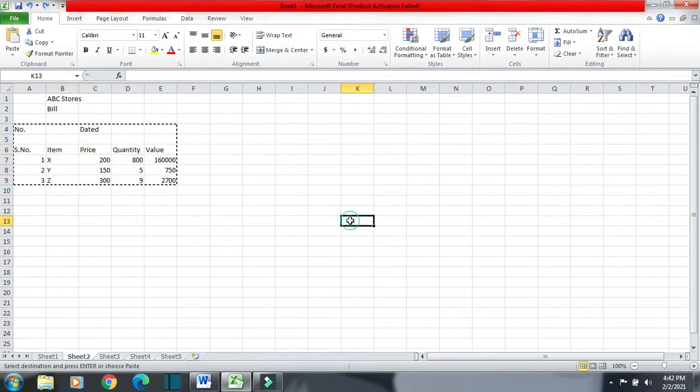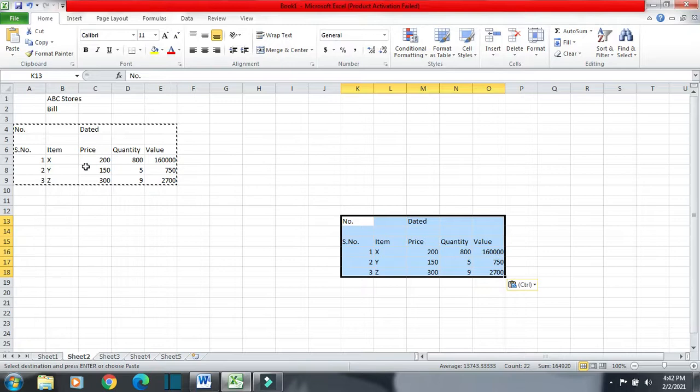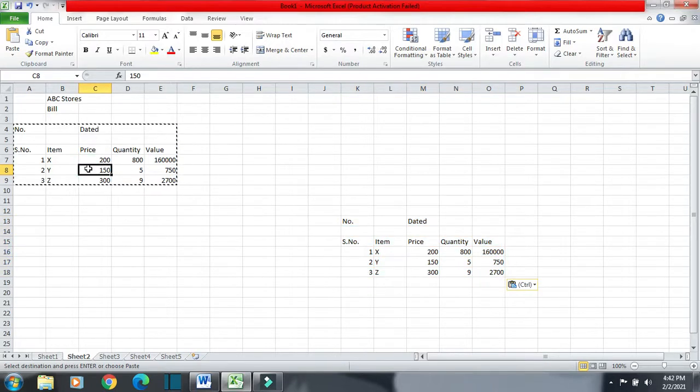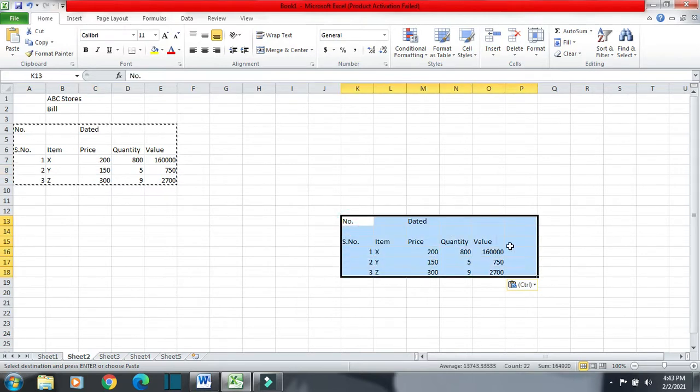But if I want to paste it here, I will click here and then go to the paste option. You can see the paste option is here in the clipboard, and then I click here. You can see the original data is intact at its original location, but one more copy is created and saved here.